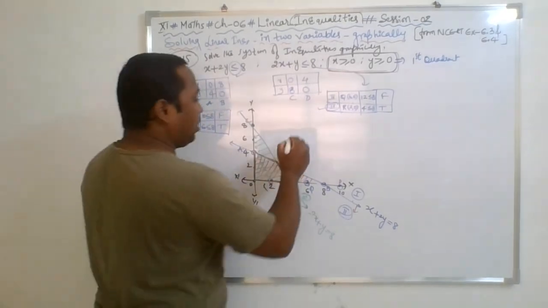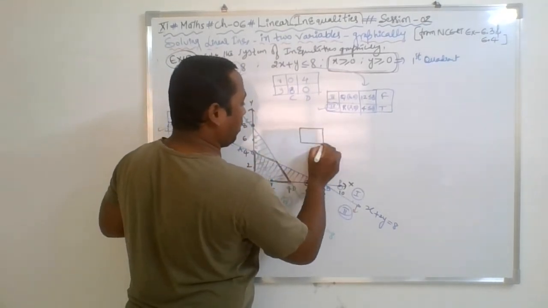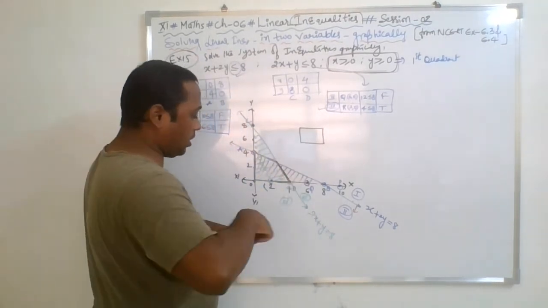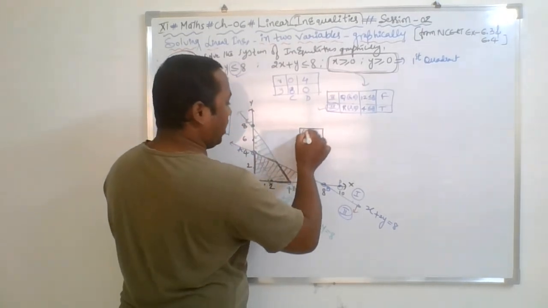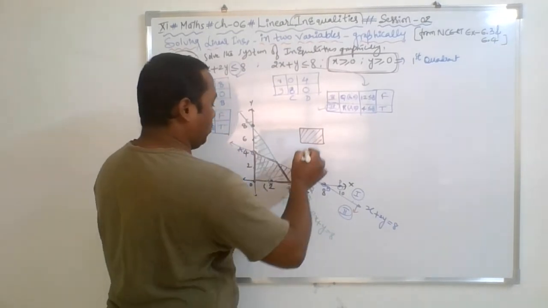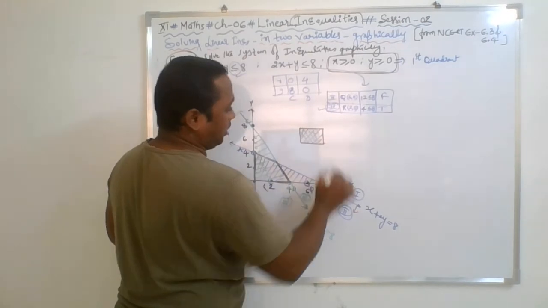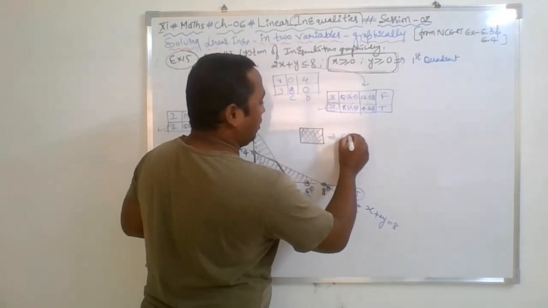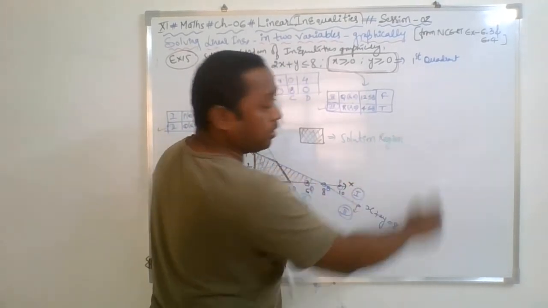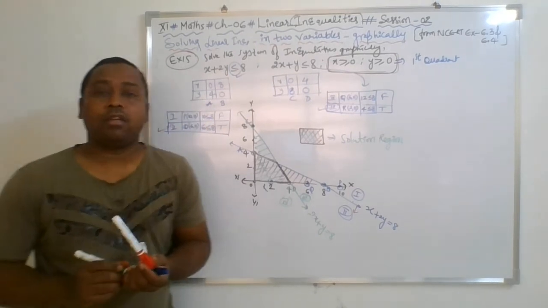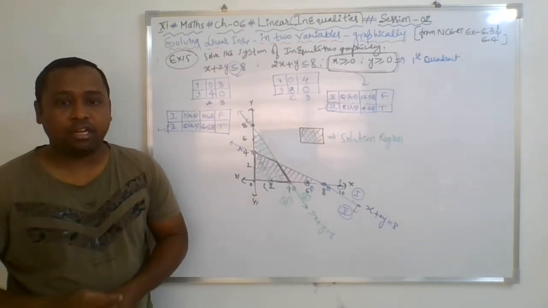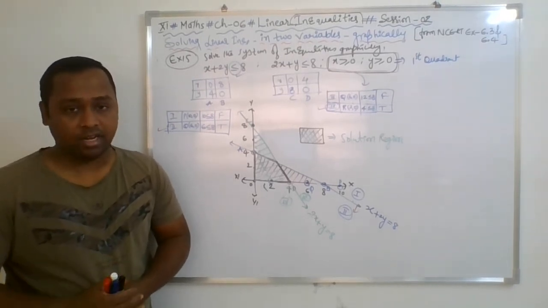So how to show it? Finally, you may also speak right scale and then this one where you have used two colors, here are two design lines. One is the red line and other is what? Green lines. So you may simply write this one like this. So this is what? Solution region. Solution region over. So this is all about the solutions of the linear inequality in two variables graphically.